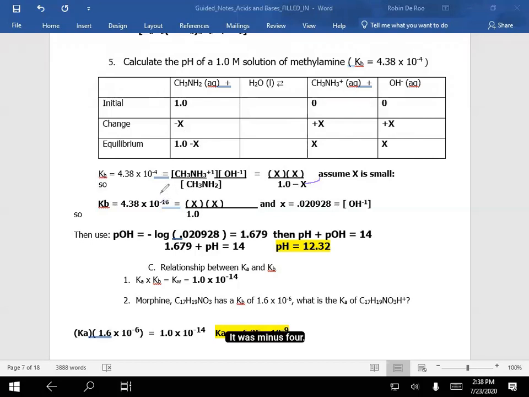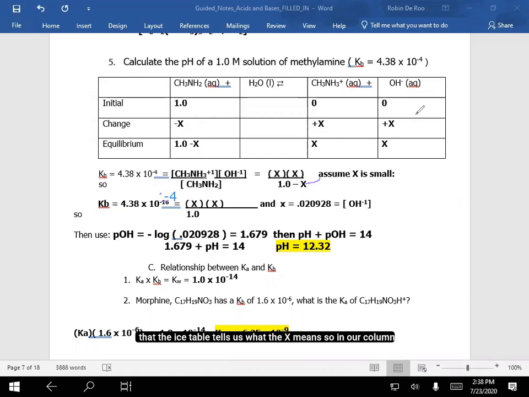That was minus 4. Maybe type in. So when we solve for the x, we get a value, and then remember that the ice table tells us